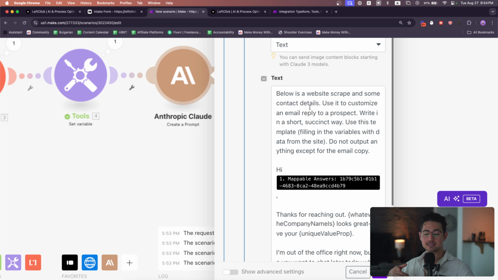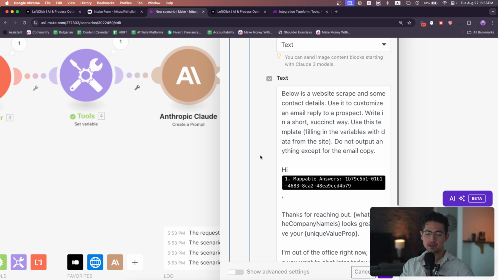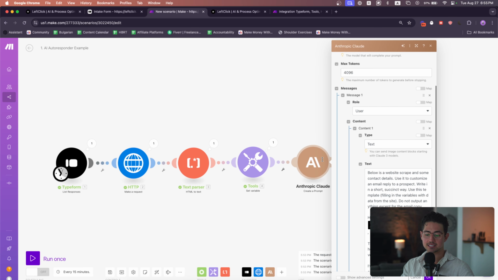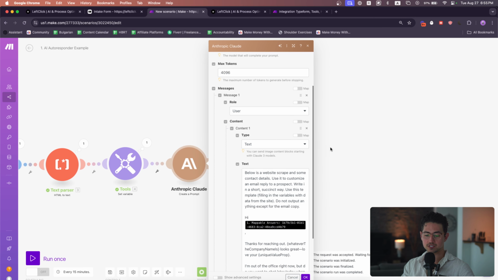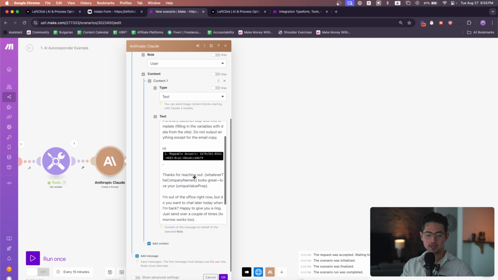But all it says below is a website scrape and some contact details. Use it to customize an email reply to a prospect. Write in a short, succinct way. Use this template, filling in the variables with data from the site. Do not output anything except for the email copy. Now, what is the actual text? Sorry, I just have to move this so we can all see it. The text is,